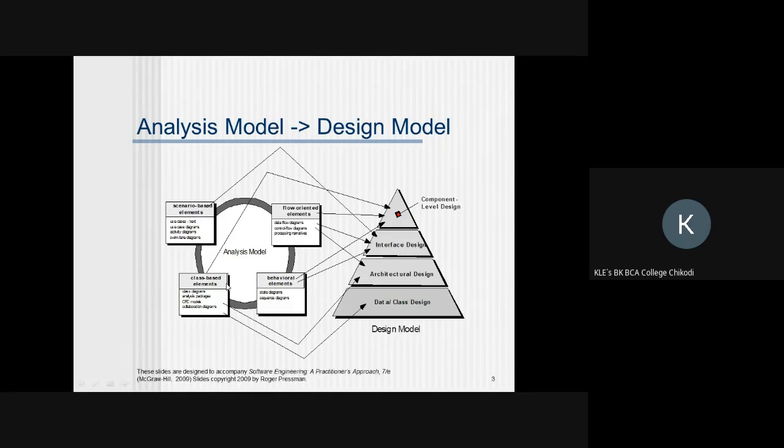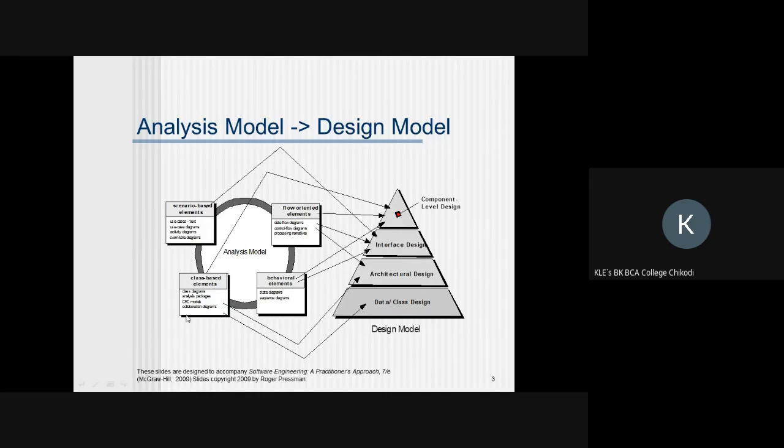Like that, class based elements too. It means whether the abstract level of implementation has happened properly or not. Between the classes, as well as after creation of objects, they are checked for communicating properly or not, and whether behaviors as well as data points are properly protected or not. All those things are being tested, and then the analysis model is converted to the design model.